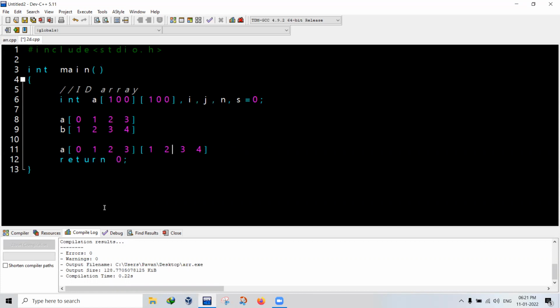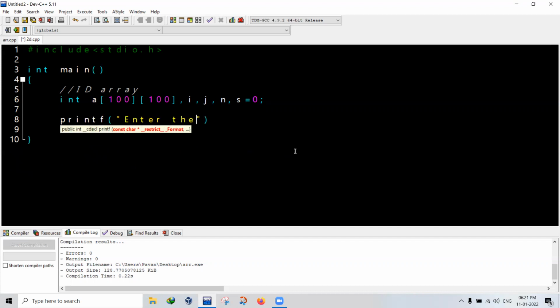Okay, there can be one more array, 1, 2, 3, 4. It's also possible. A two-dimensional array is a collection of arrays, and a single-dimensional array is a collection of elements. Don't get confused. Okay, this is how it looks. You can have really any number of these. Okay, but now see, first thing, printf.